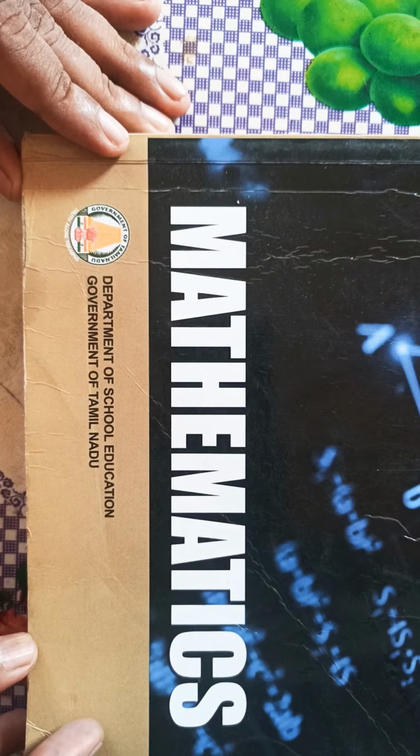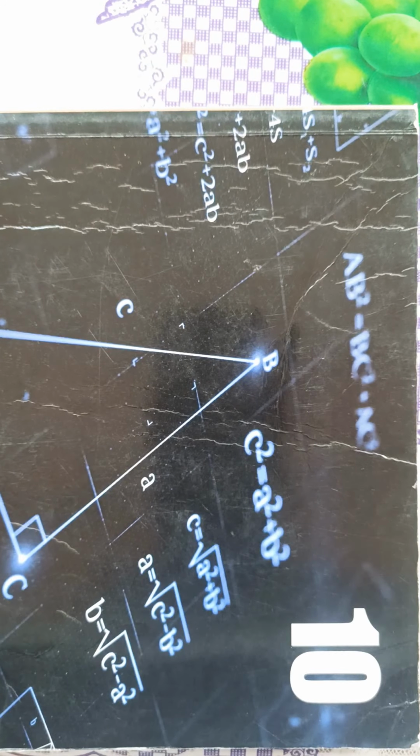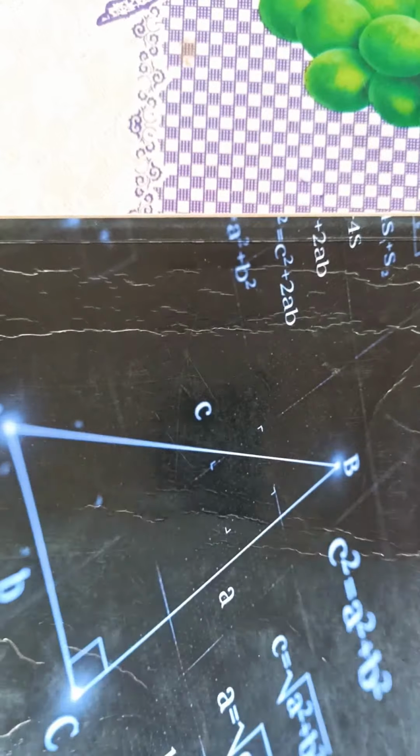Hello students. So this is the mathematics textbook, Department of School Education, Government of Tamil Nadu. It's of class 10th. So those who have newly entered class 10th can see this is mathematics. As I am a mathematics teacher, there are so many symbols which have been explained here. You can go through this, and there may be chances that you may not understand all these things, because as we go into the textbook we will come across this. So just go through this.